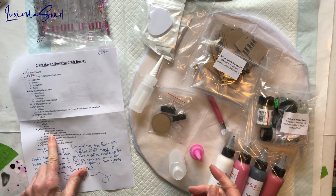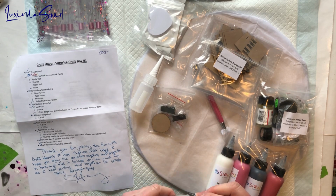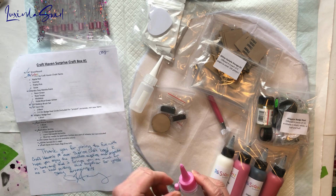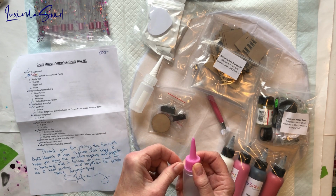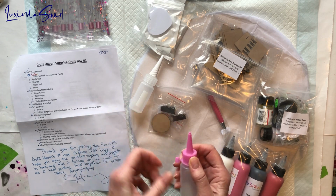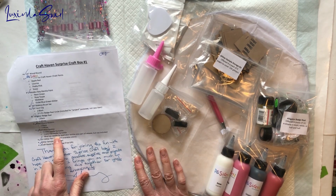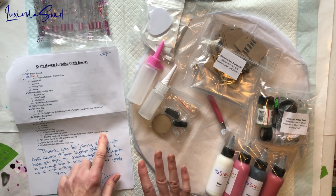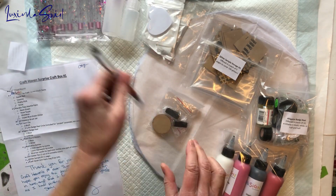1 pink top needle tip bottle. Okay, so this is the pink top, obviously, and once you snip it open, then you can reclose it by putting this attached cap on top to close it up. And then the third one, blue top needle tip applicator bottles, also part of release, but not included. Okay, gotcha. All right, we've talked about the glitter pen